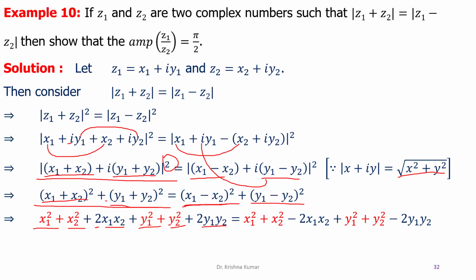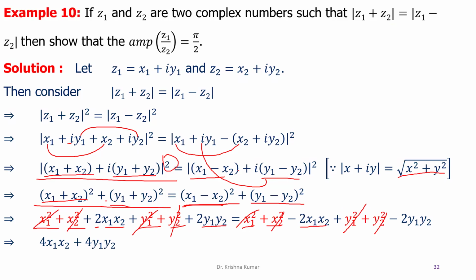And then the a minus b whole square is x1 square plus x2 square minus 2x1x2 plus y1 square plus y2 square minus 2y1y2. So out of that, x1 square, x2 square, y1 square, y2 square, all these terms will cancel and we have